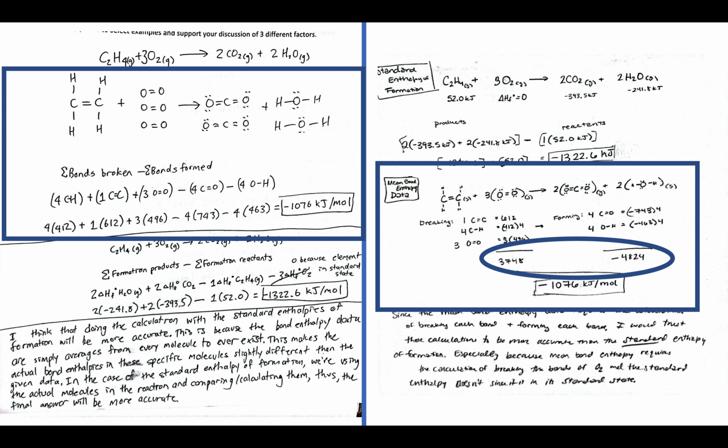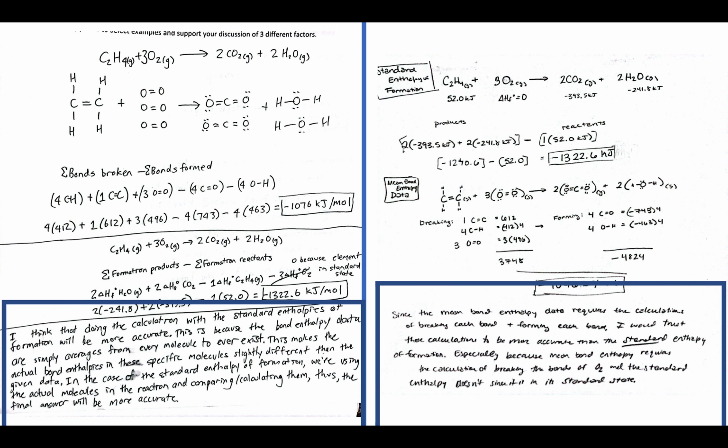The math then that accompanies it, this student on the left was doing it summing up bonds broken minus formed. The student on the right here was using an approach that personally I would be using of thinking about how breaking bonds is endothermic, forming bonds is exothermic, and then we put together those 2 terms. So really nice work in both cases. As far as which of these is a more accurate value, there's a difference of opinions here.